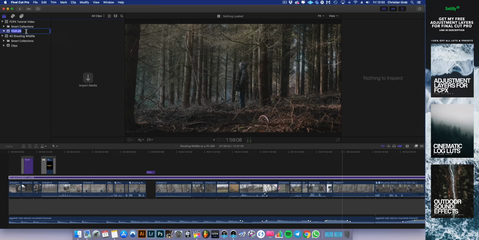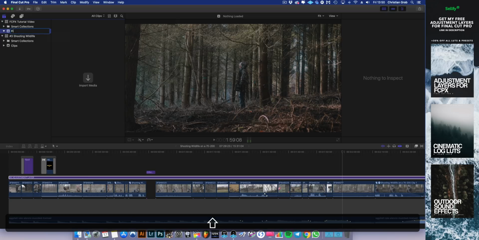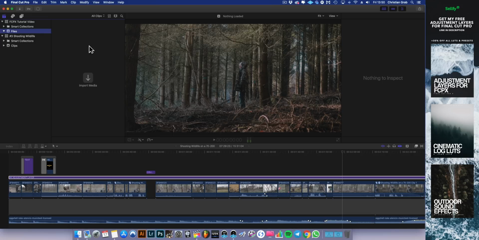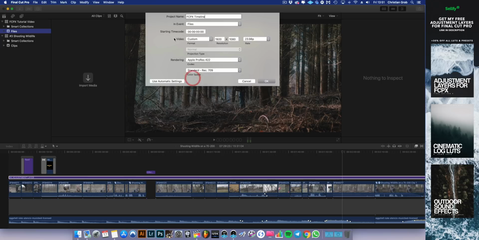First of all, I start to rename this to, let's say, files, because all my files will go into this one. So let's say project. First of all, I like to go to Video Custom to set a custom resolution. Recently, I like to use an aspect ratio of 2:1, which in 4K would be 3840 by 1920. I'm using 25p as my frame rate because I'm living in Germany, and over here we got PAL instead